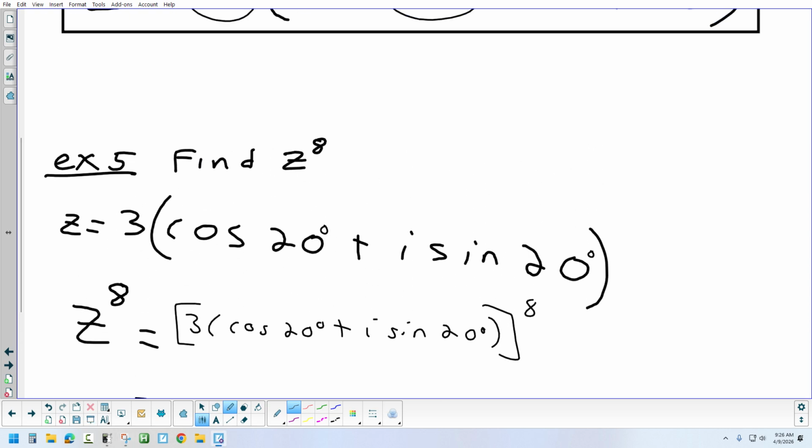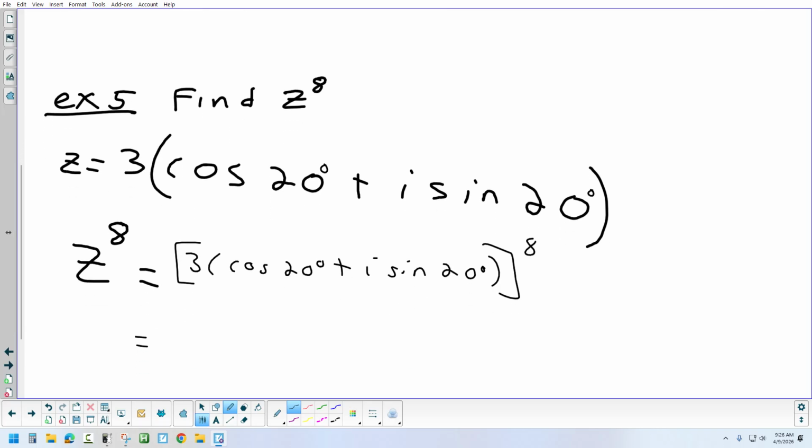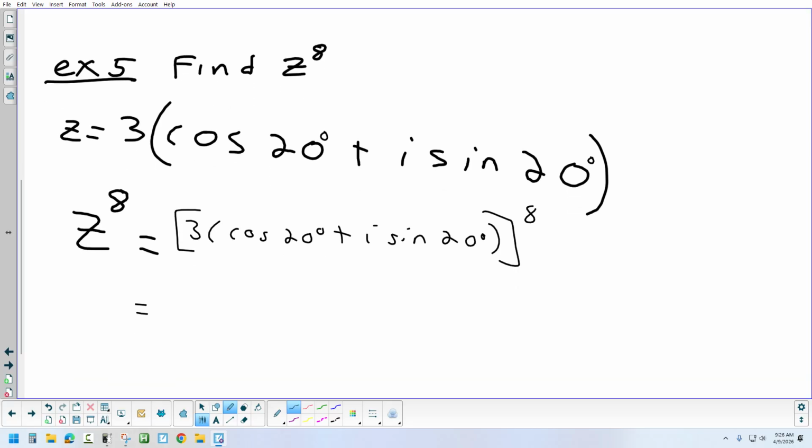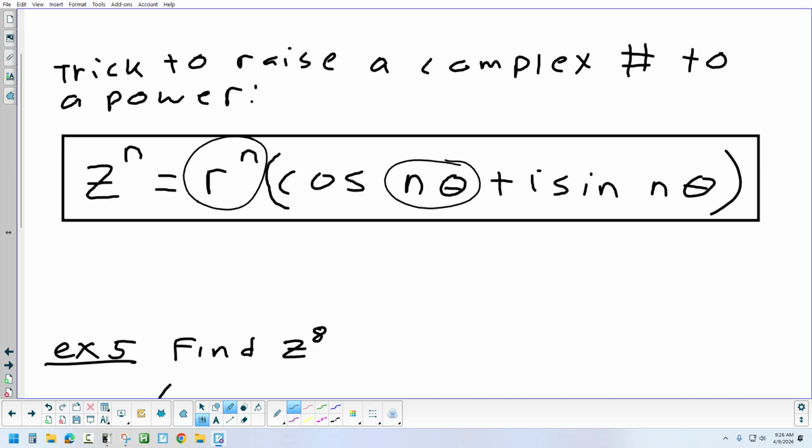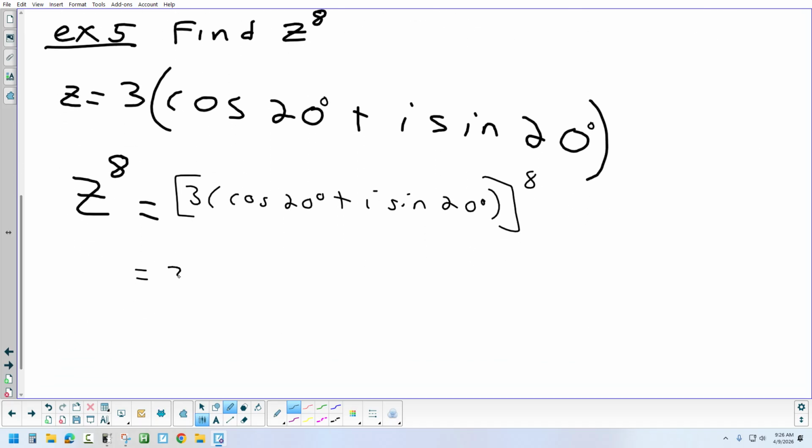All right, so here's the number they gave us. The 3 and the 20, again, that's given to you. That's part of the problem. And we're going to raise that entire number to the 8th power. So what's going to be the calculation? We might need a calculator. But how are we going to figure out the new radius? Right. Take the radius and raise it to the 8th power. Okay, we'll do that out. It's going to be a big number, but it's not going to be in the trillions. So we'll do that in a